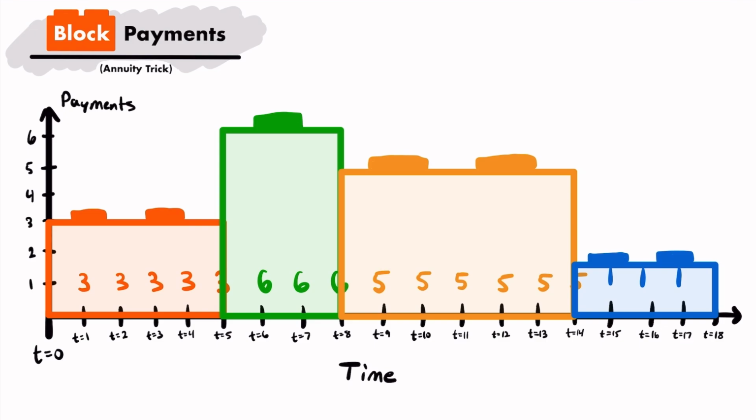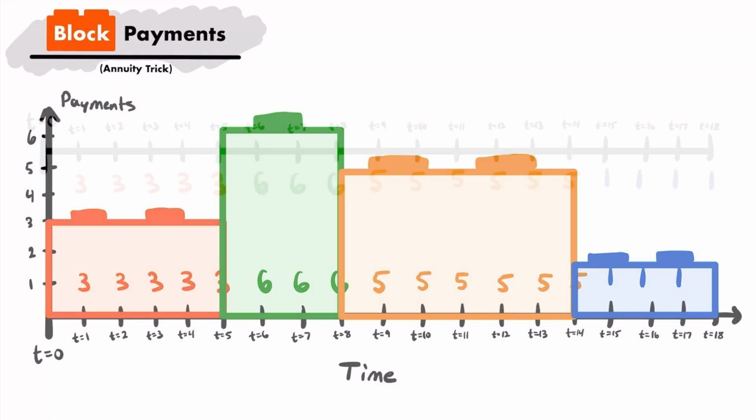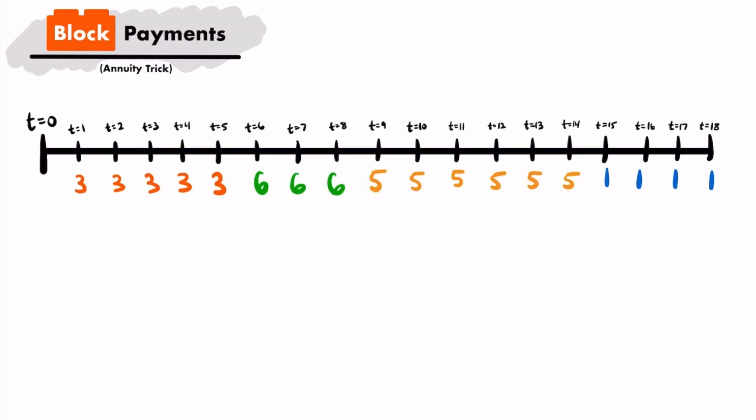All right, so now that we've established what block payments are, let's get into the actual trick. Something that you might be asked to do for a series of payments like this, where you have block payments, is to calculate their present value. There are actually 2 main different ways that you could go about it. And I want to start by showing you my usual method, or the method that I think makes the most sense intuitively